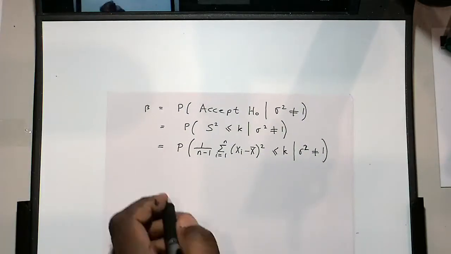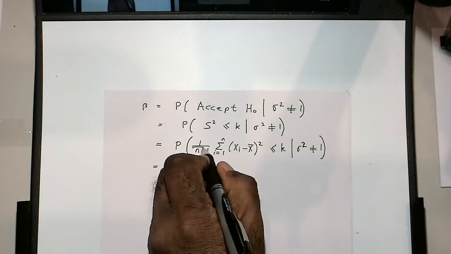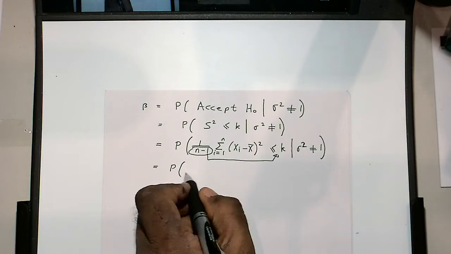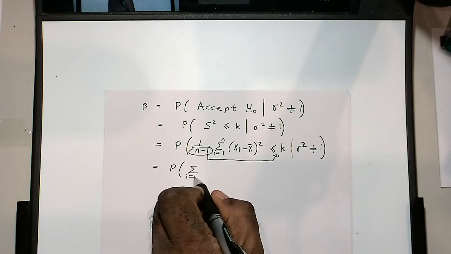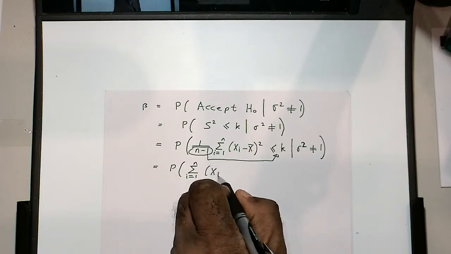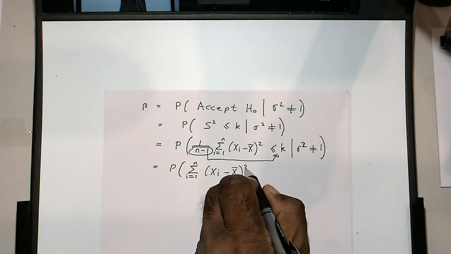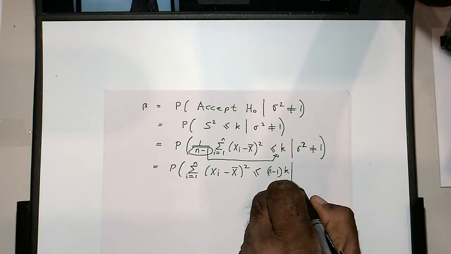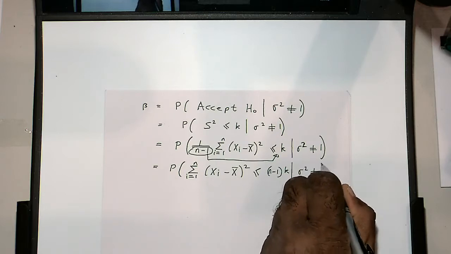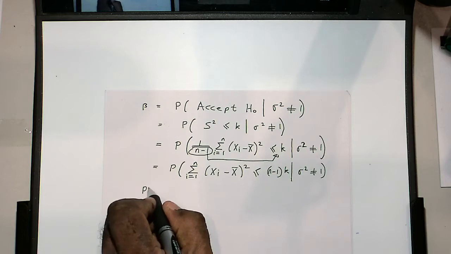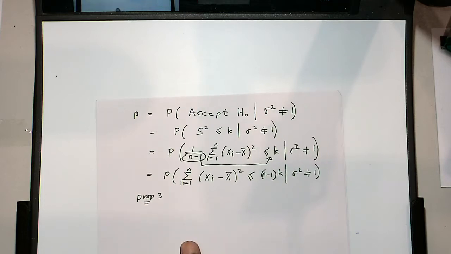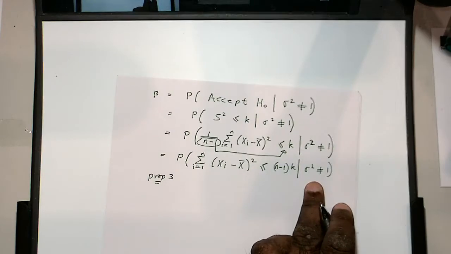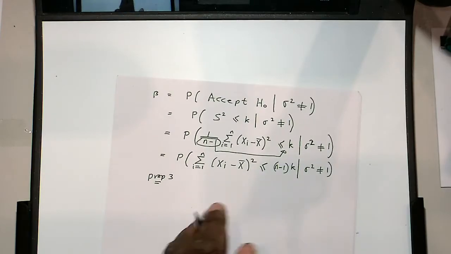So once again, what I'm going to do is take this guy here to the right-hand side of the inequality. So you get the probability. Okay, in the next step, I'm going to use property 3. According to property 3, conditional on sigma squared not equal to 1, this must have